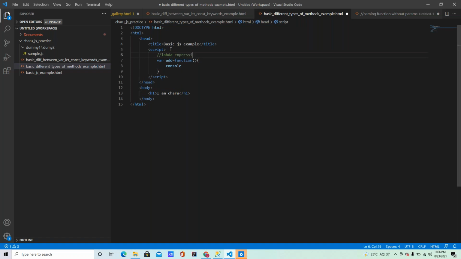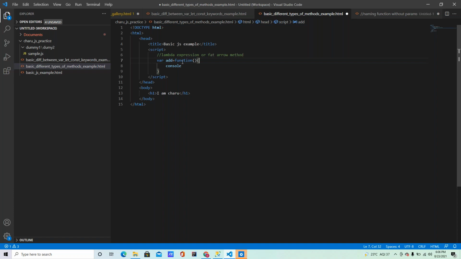Lambda expression or fat arrow method. This is not the provisional name; it is called the fat arrow method, or arrow methods also, but the provisional name is lambda expression. Normally we call it an arrow method or fat arrow method.